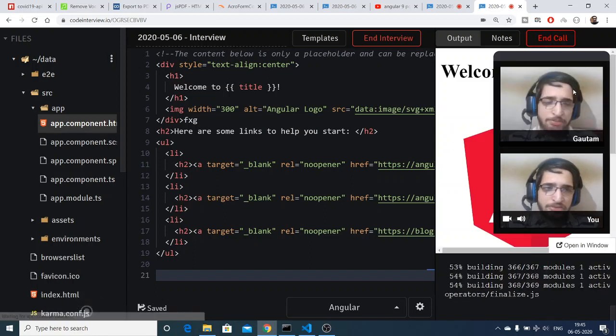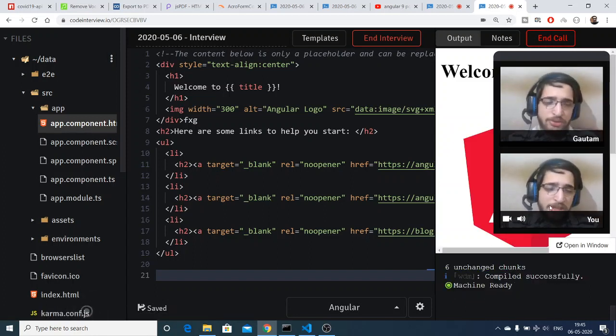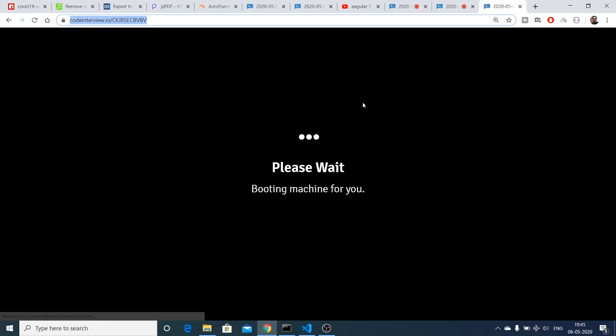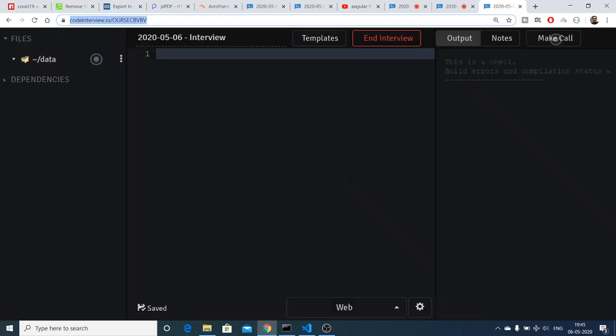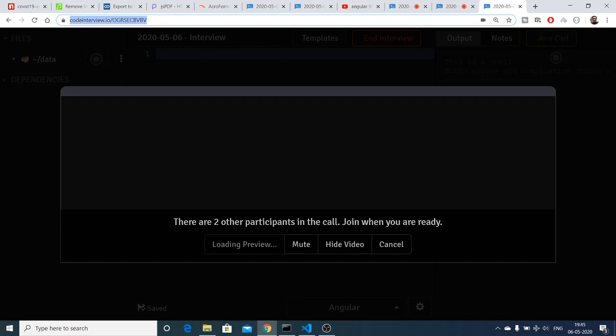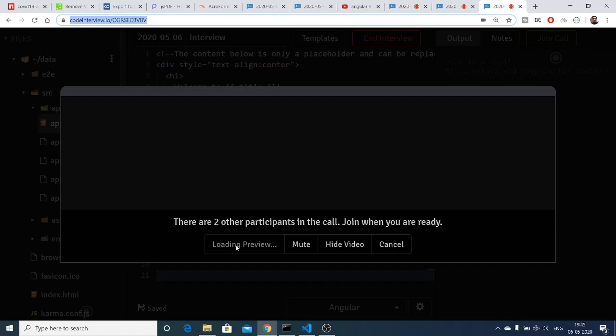This is me, the previous one, and now this is me. You can replace it with your face, but just for testing purposes I am just using my face for two persons. You can even have 3 persons as well. If you just copy it and once again open this link inside the browser window, you can have 3 persons. If you want to join multiple persons, more than two, in that case it will say there are two participants. If you want to join it, you can join it. It is just loading, so just wait.